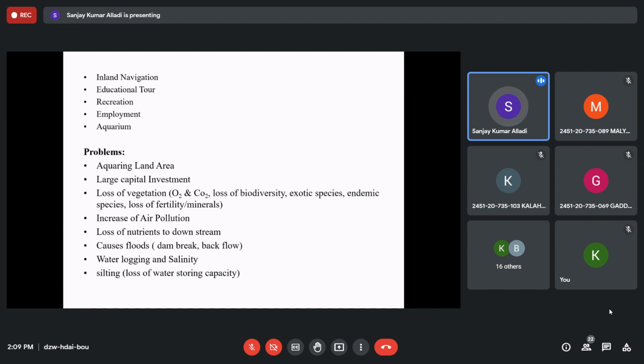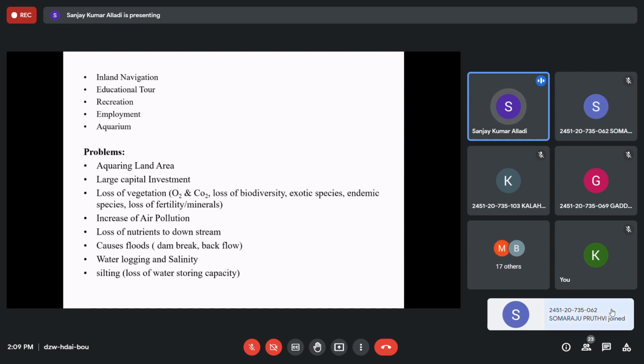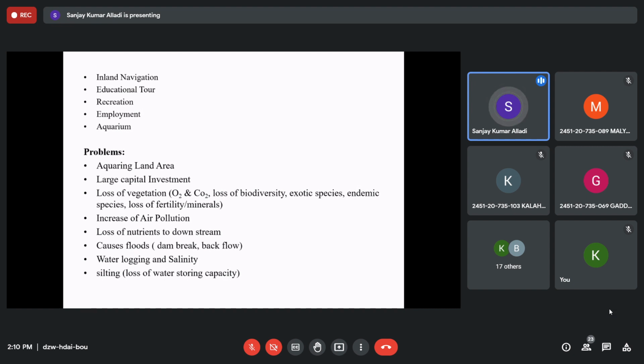Then loss of vegetation, directly plants and trees are being cut from that area. Deforestation can harm the environment and slightly change the environmental quality, that is detrimental, with adverse impacts on the environment. And then oxygen level will decrease, and the CO2 levels will be increasing as well because of the loss of vegetation. And then loss of biodiversity, that is plants and animals will die in that area,